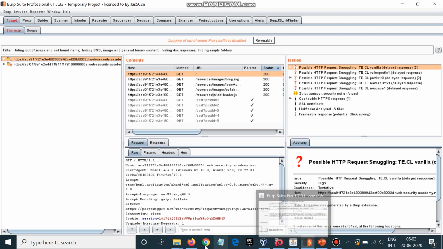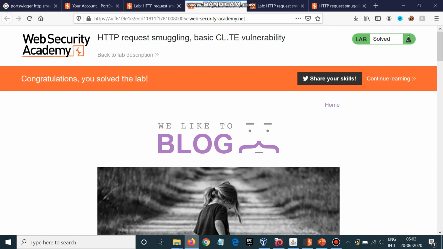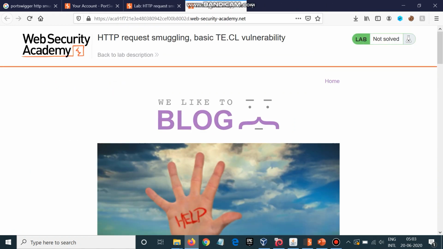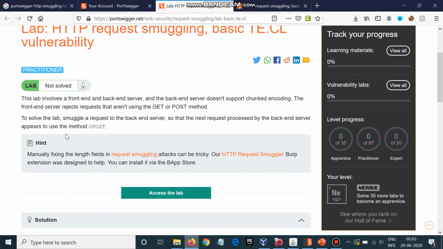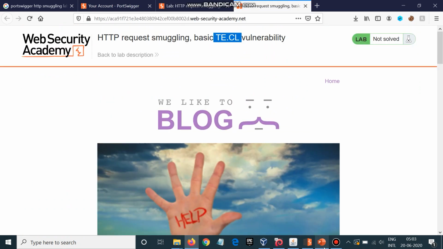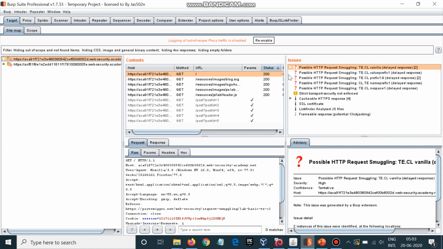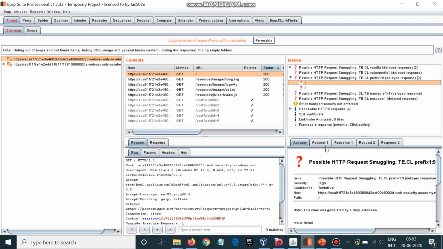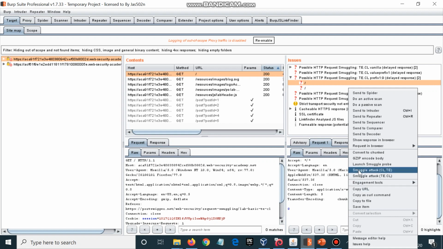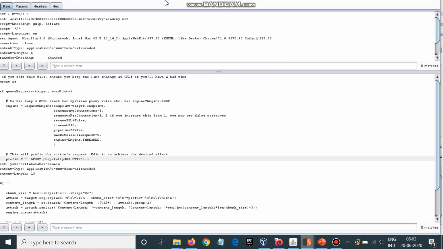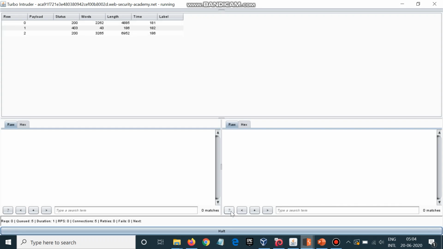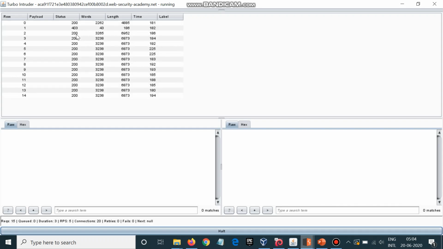Yes, we have got TE.CL data as well. So CL.TE is solved. We'll close this and we have this request of TE.CL. What do we need here? Okay, we need the same thing. So what we'll do, we'll go to any one of these, go to request, launch TE.CL attack, and we already know what we have to do. Attack. Yes, we have already solved this.